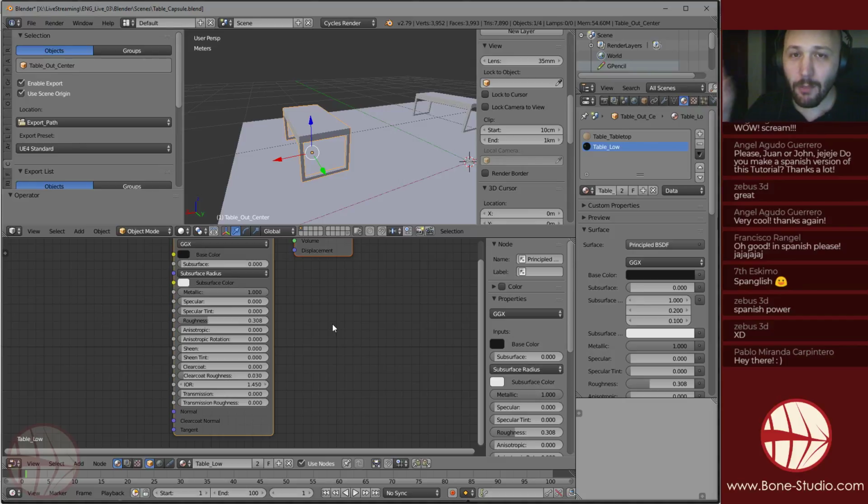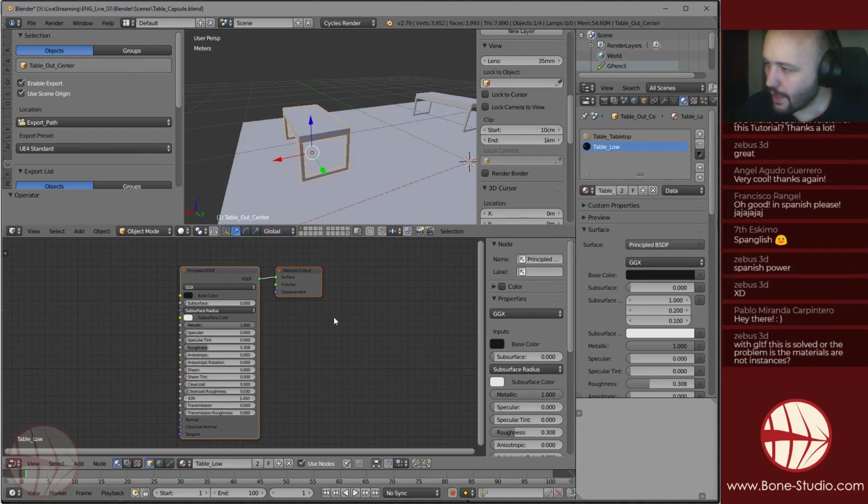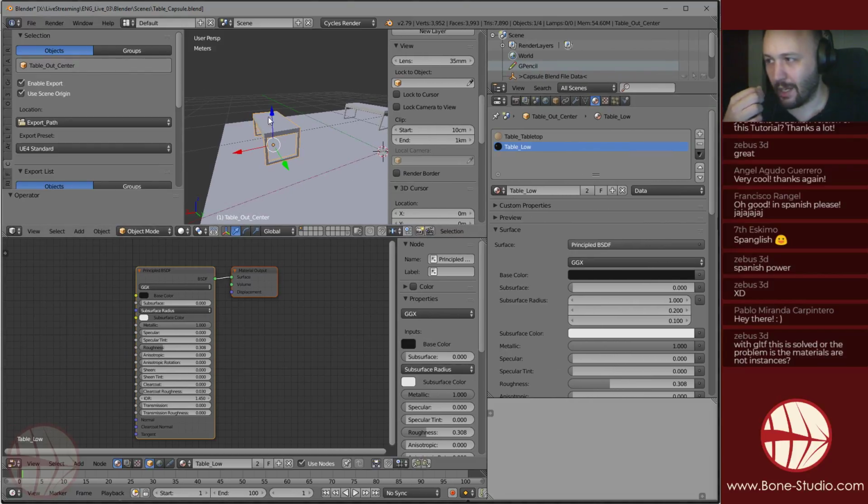So this is optimized to allow us to get the maximum performance. So now, before we export the materials, we have to check our UV mapping, because in the Oliver Villar